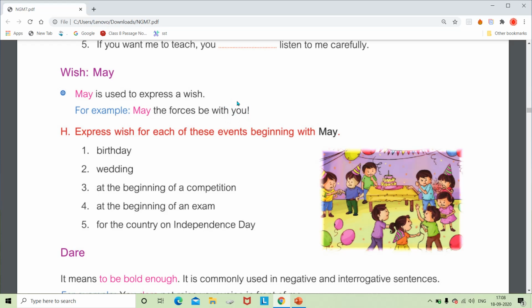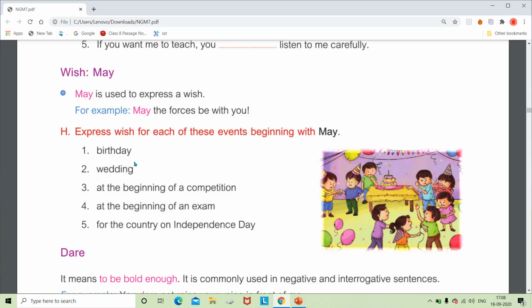Here "you" is not taken as a subject, it is taken as an object, because if you ask the question with "whom," we get "with you," though they look similar. Here "you" is taken as an object. So the subject would be only one, "the forces." So what structure do you have to use in these 5 words or phrases? Like "may" first, and then the subject, and then at the end you can use an exclamation mark.